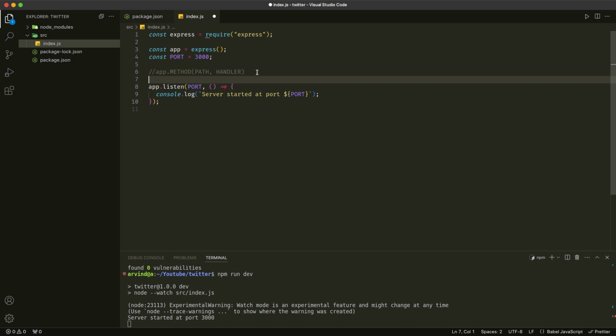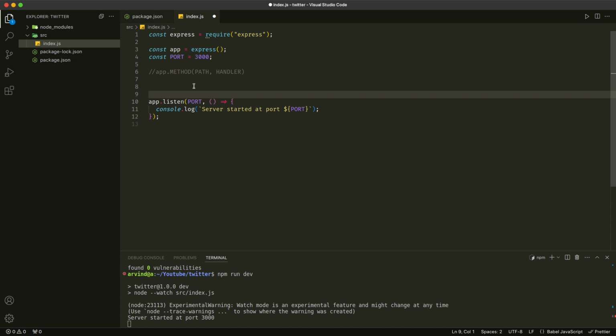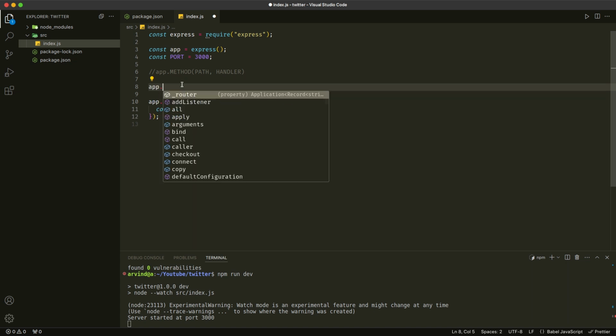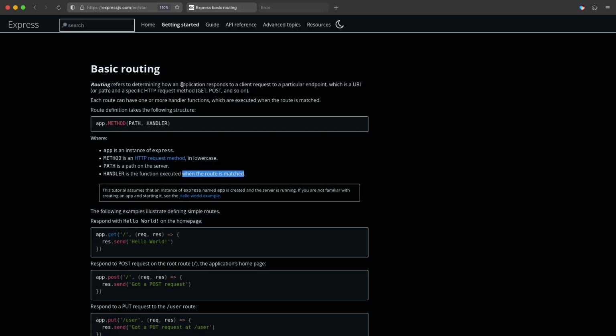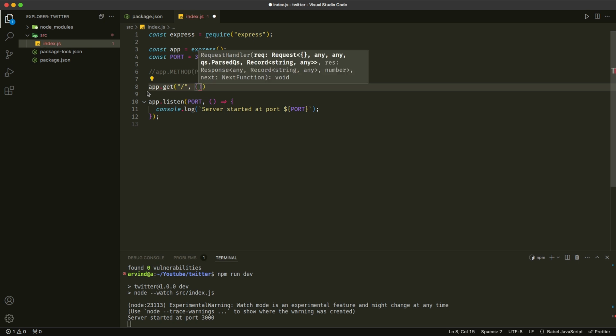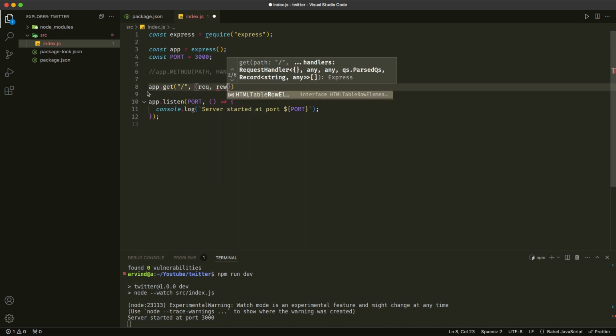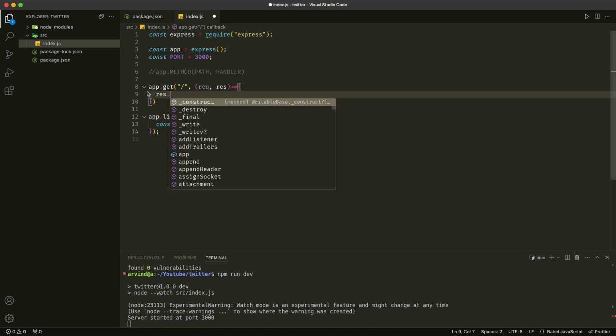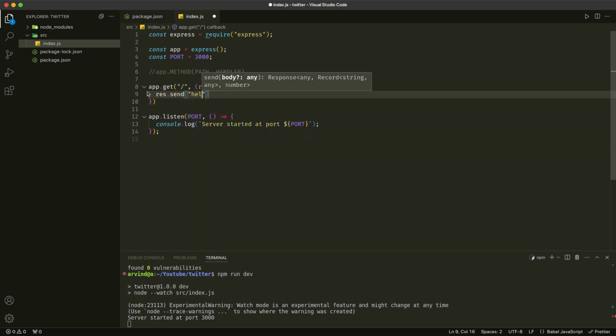So let's write a basic route for slash route. Okay, so we have to do app dot get, because if you see over here, this is a get request. So app dot get, what is the path? The path is slash and then a callback function, which takes two arguments, request and response, and let's send res dot send hello world. Okay, and let's save